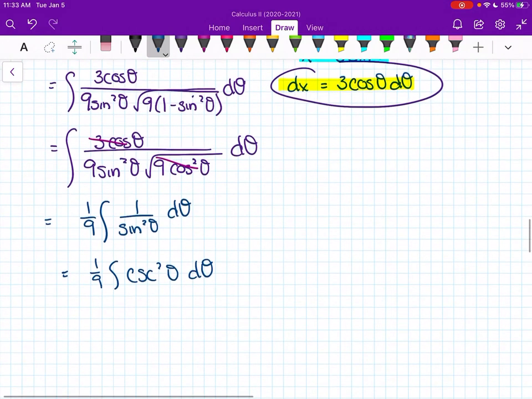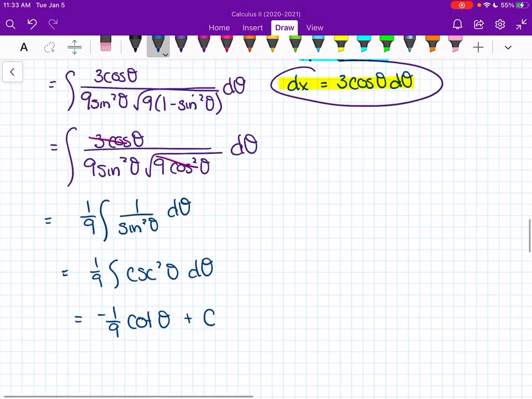And then the antiderivative of secant squared is cotangent. So I have negative 1/9 cotangent, and you should find that on that formula sheet, plus c. But now I need to go back to my original variable. So the original variable was x, not theta. So I need to put this all back in terms of x. So this is where that triangle is helpful. So if we remember,